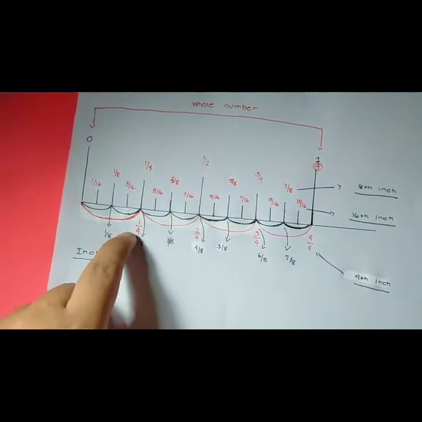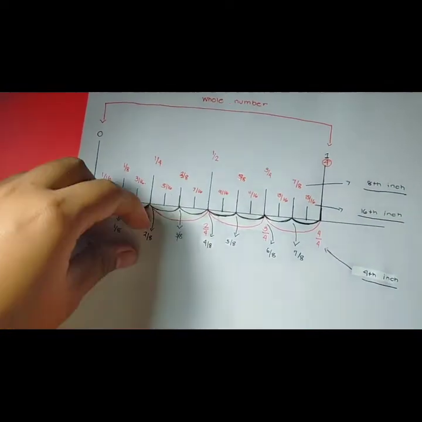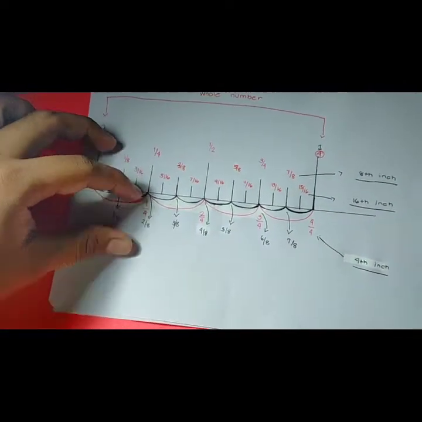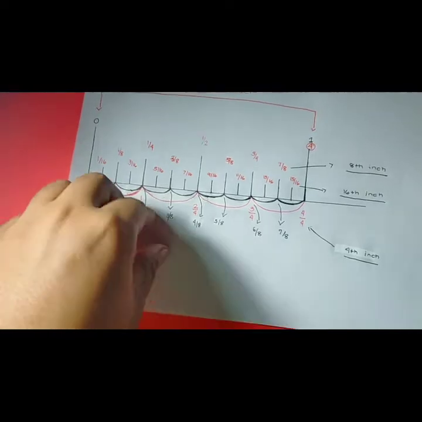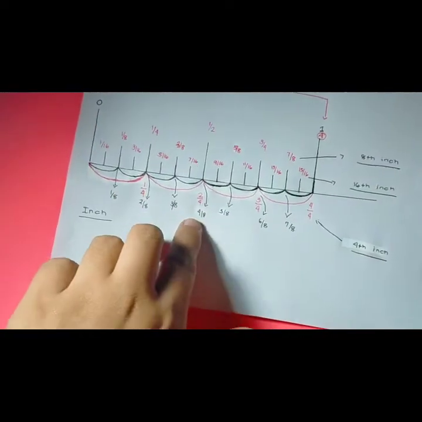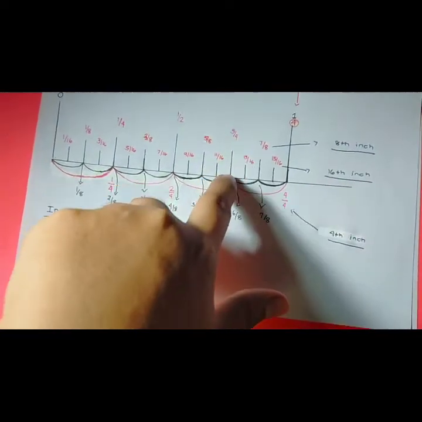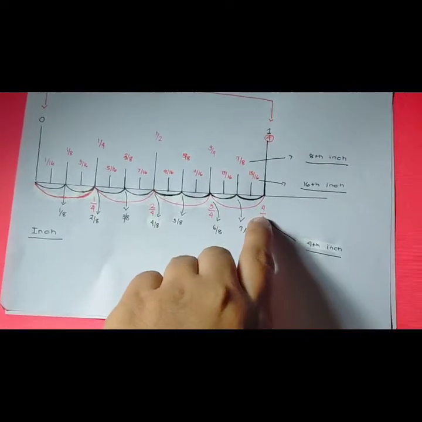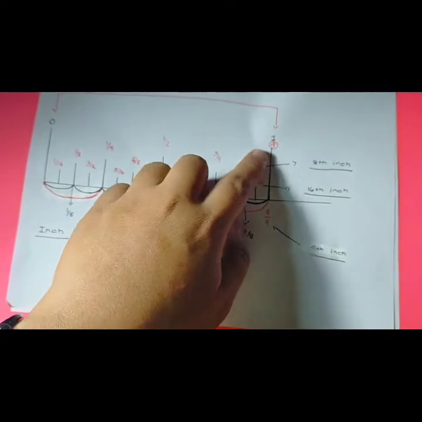So let's start with the 1/4, which is this line. First big line, so that is 1/4. The second big line is the 2/4. The third big line is the 3/4, and the last one is the 4/4,